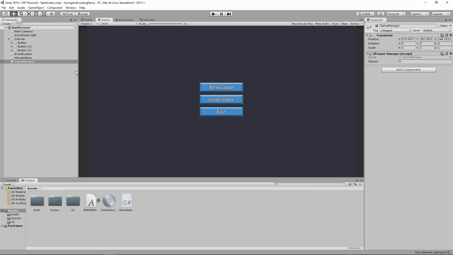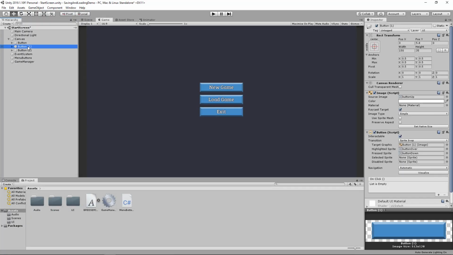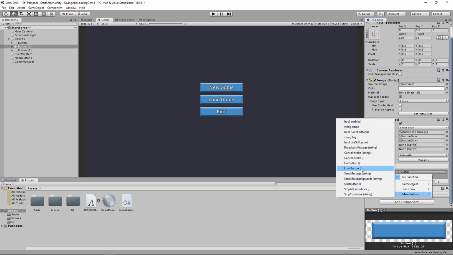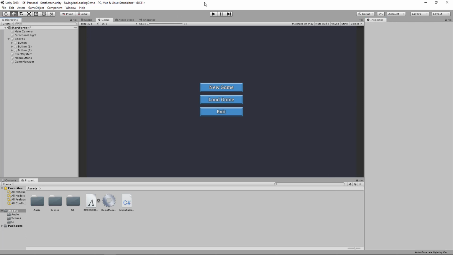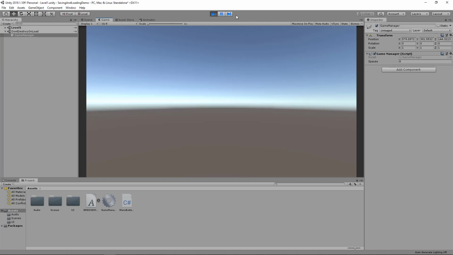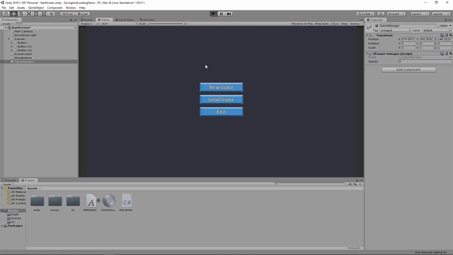and we can attach our load button function. So select the load button in the scene, and in the on-click section, we'll add our menu buttons game object, and choose your function from the script. Now when I hit play, if I select my game manager, I can see it still remembers the save value from before, so it still says 8. If I hit load game, it stays at 8. But if I go back, start over, now if I hit new game,